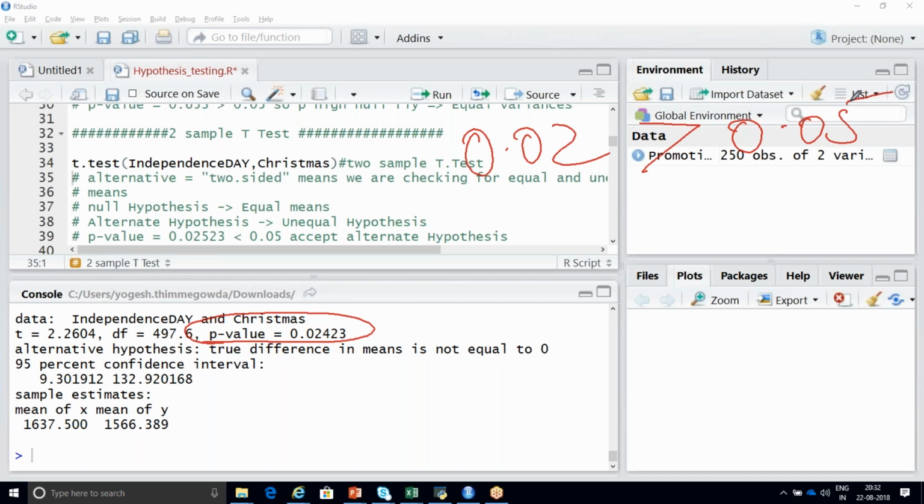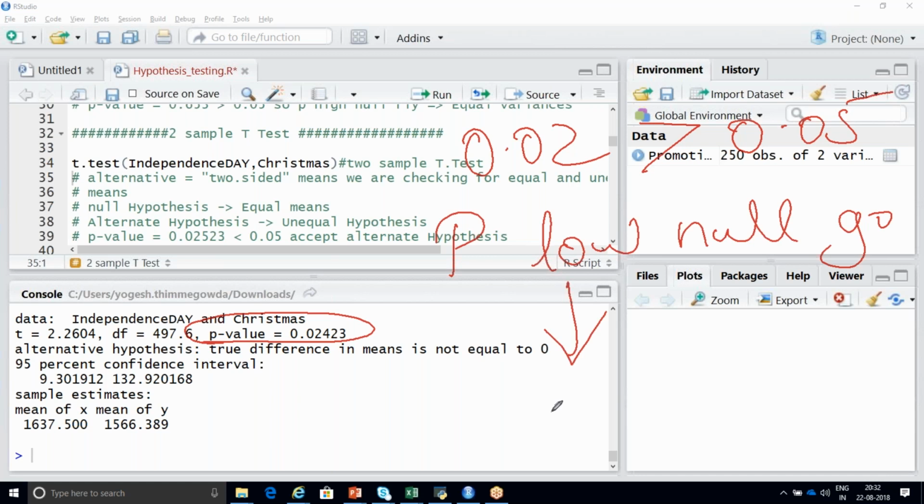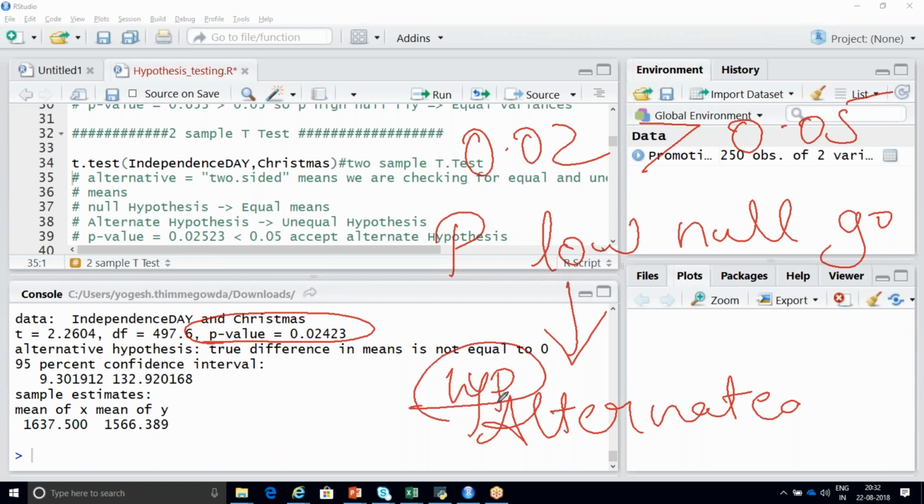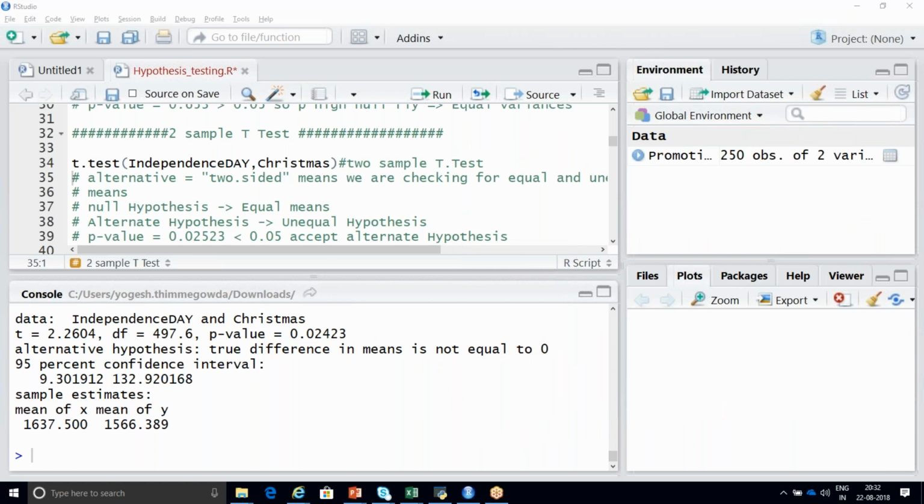It's less than. It is here less than 0.05. If your p-value is low, the null must go, which means you should accept your alternate hypothesis. Right? So what was your alternate hypothesis? Just now we wrote it five minutes back.